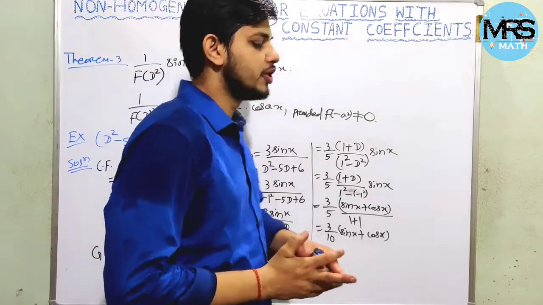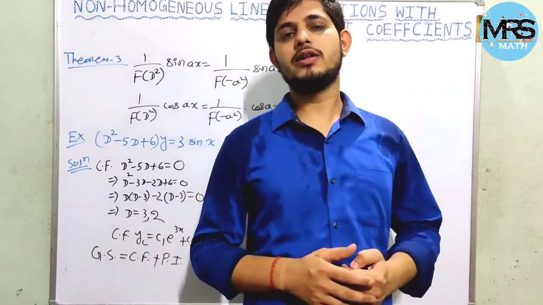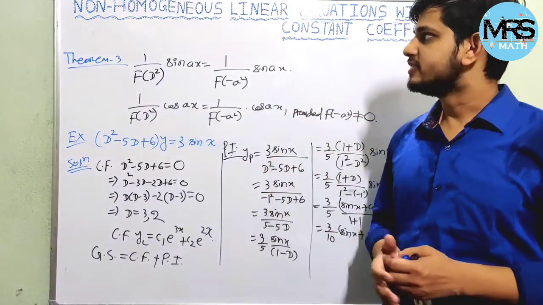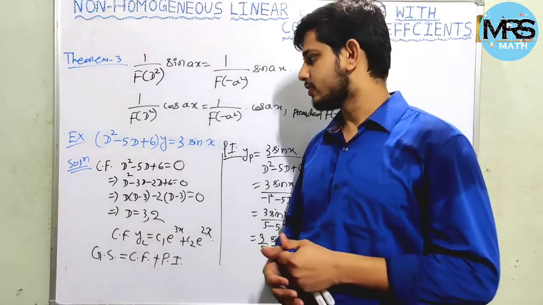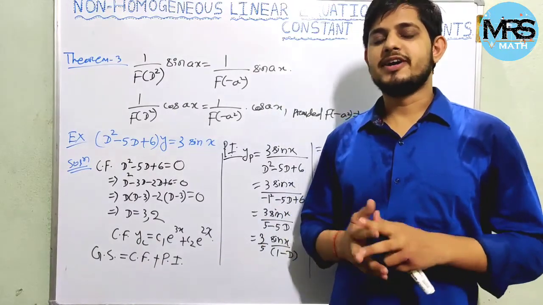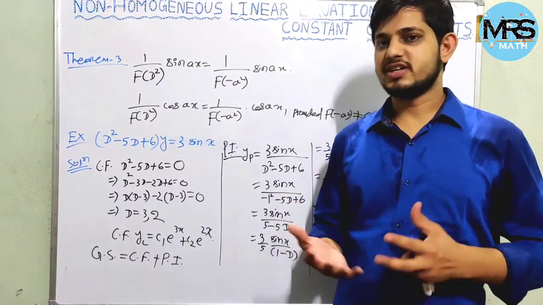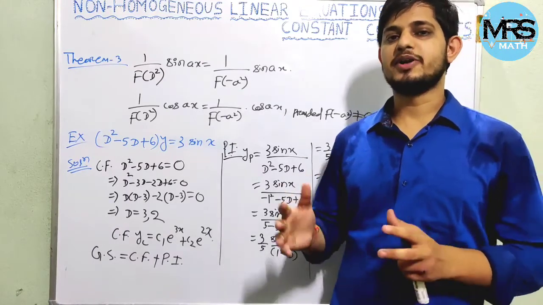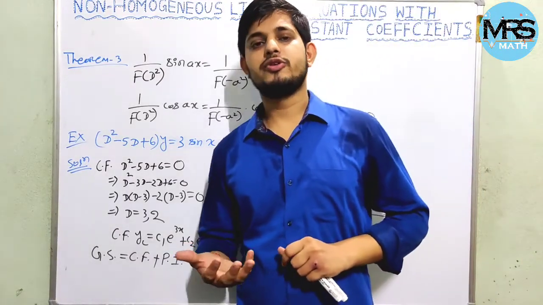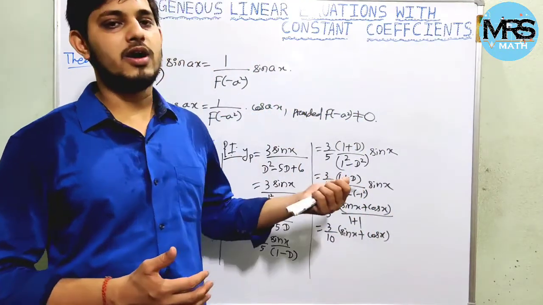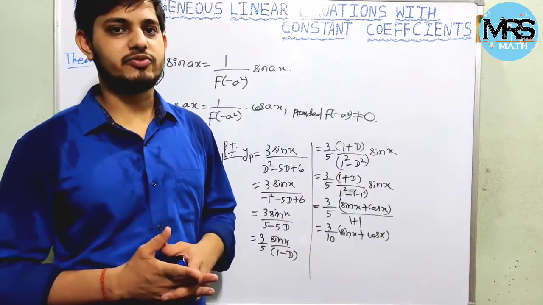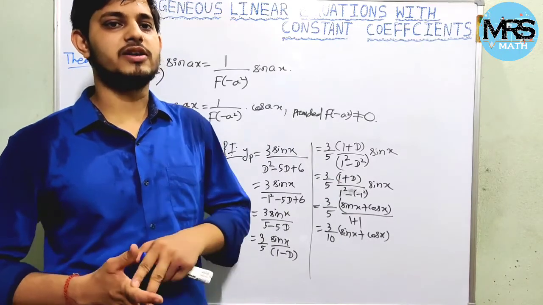So these are the theorems by applying which we can get the particular integral of this type of non-homogeneous linear equations with constant coefficients, okay? This is about the operator method, right? Other methods are also there to find the particular integral, which we are going to discuss in the next class. So I hope you understood up to this, and at the end I will give some problems for homework for your practice.